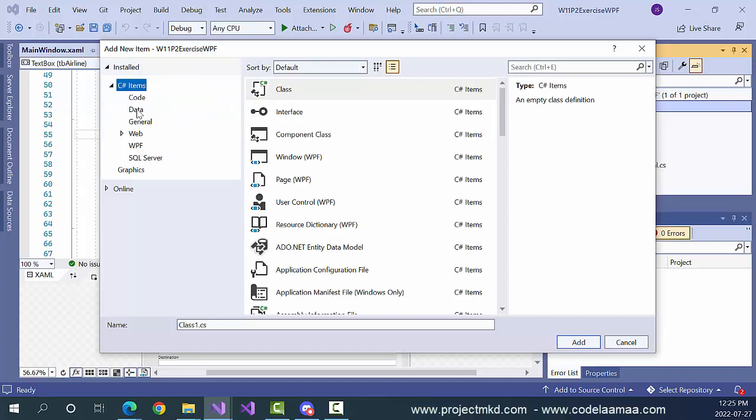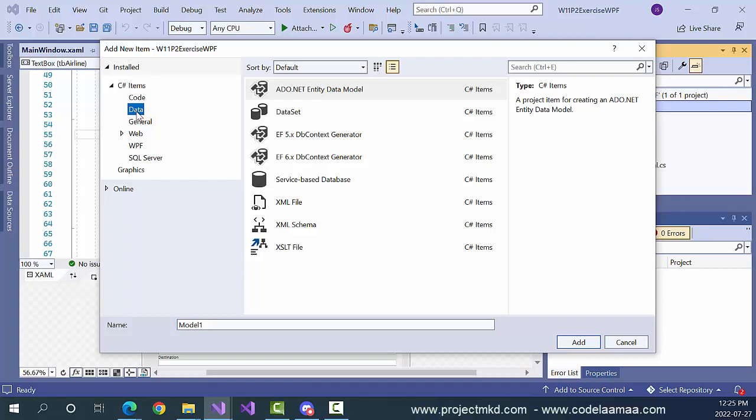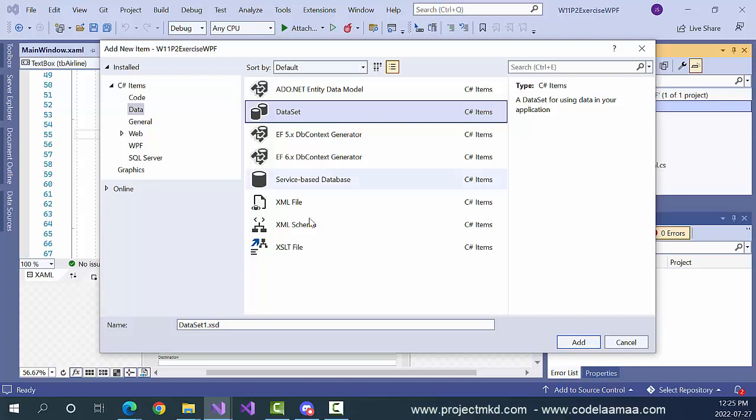And you're going to go to data. And under data, you'll see DataSet. Right? Now, for lack of creativity, we're going to call it DataSet1.xsd. Just be careful that the parent object is DataSet. Right? So DataSet is the parent object. We're going to create a sub-object called DataSet1. You can call it whatever you want that's more relevant to your project, but this is what we'll call it. So DataSet1.xsd,